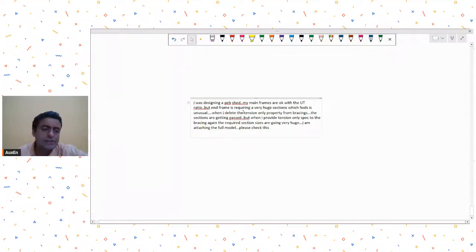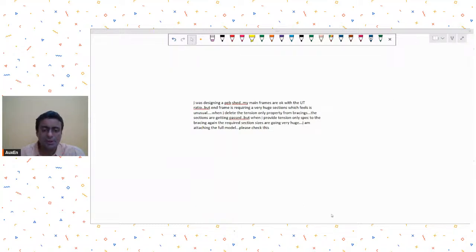Yeah. So what is his problem? He's designing a shed. His main frames are okay, but then his end frames are requiring huge sections. When I delete the tension only property from bracings, the sections are getting passed. But when I provide... see, what is happening is that your gable frames, and then he has shared a STAAD